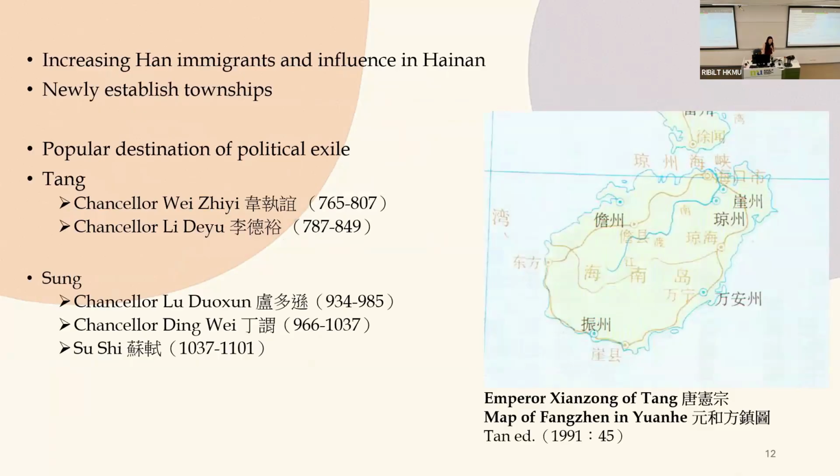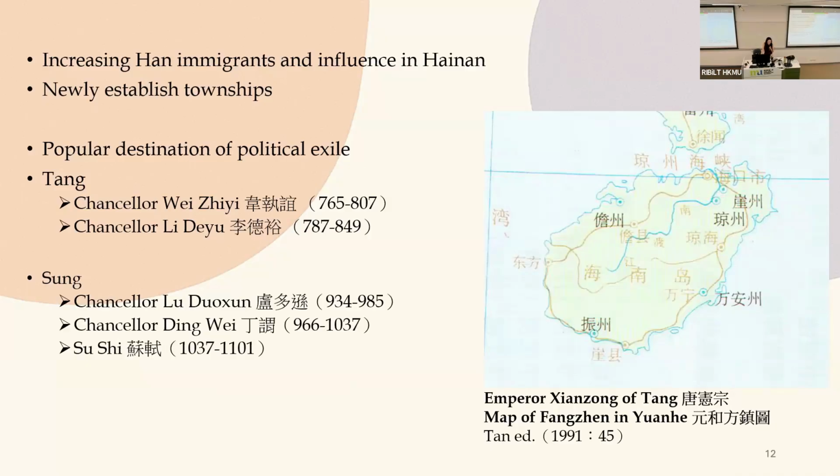Because in the following Tang and Song dynasties, the central government was able to expand its control southwards, establishing commanderies and counties along the coast of the whole island. So on the right, this is a map of 方阵圆合图. This is a map of Hainan at the time, showing the locations of the commanderies and counties that were ruled under Chinese government rules. So you can see on Hainan, they have counties all over the island, from the north to the south, to the east and to the west, and then all along the coastal area.